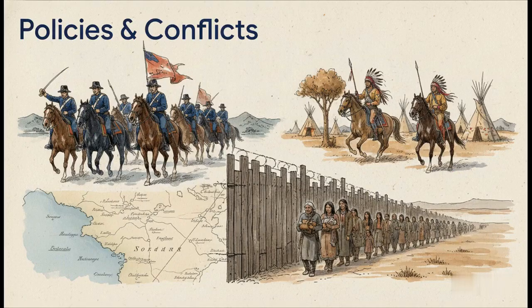As the frontier line pushed west, the U.S. Army engaged in numerous conflicts against tribes attempting to defend their ancestral lands. We see major conflicts like the Great Sioux War and devastating massacres at Sand Creek and Wounded Knee. Ultimately, the federal government enforced a reservation policy that was designed specifically to dismantle tribal structures and force assimilation, which radically altered Native American societies forever.